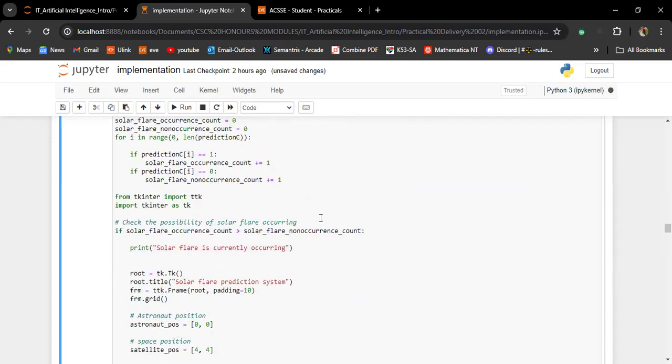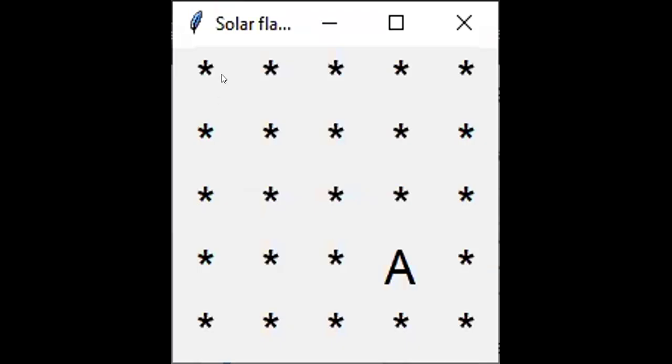So let's see if it's running. Yeah, it's running. So there is our interface appearing. Let me quickly share that. All right, so this is our interface, but then again, by the time I shared this, it was already over. So I'm just gonna rerun it again, hopefully quick this time.